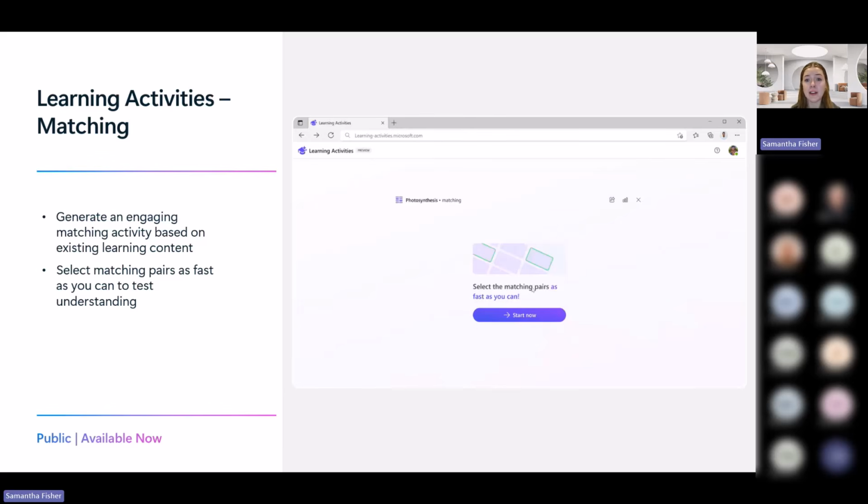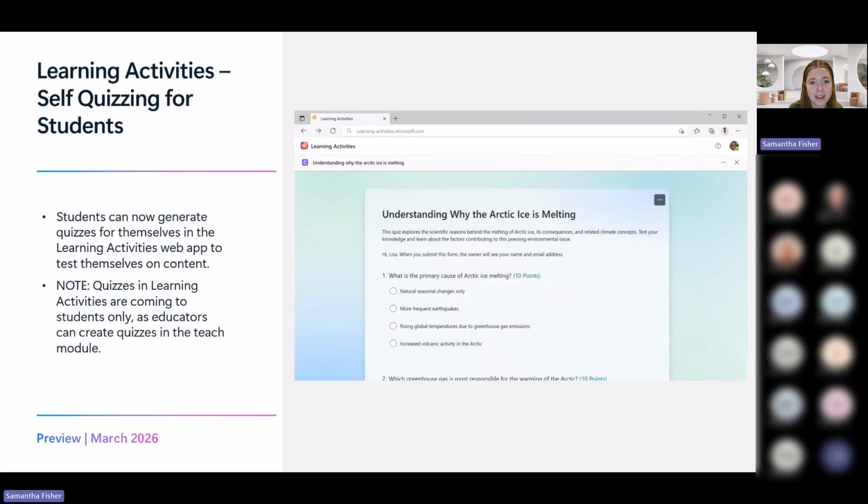Learning activities includes flashcards, which was our first activity type, and fill in the blanks, which have both been GA for a while, as well as two new ones, matching and quizzes, which I will live demo here in a second. Yeah, and these will also be coming to your LMS with the Teach integration as well. So matching allows you